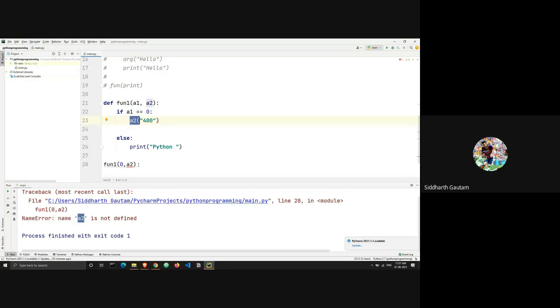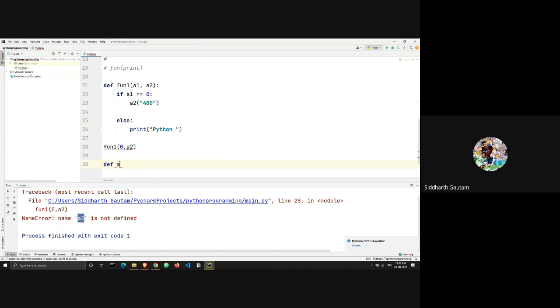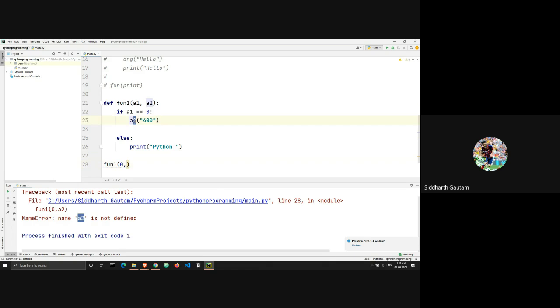Either we define A2, we can just write def A2 and then write something, and in that case it will work. Or we use one of the predefined functions in Python, like print or list or something like that. Imagine if there was a print statement here, then this statement will work. But if something else replaces it, it will not throw us an error.